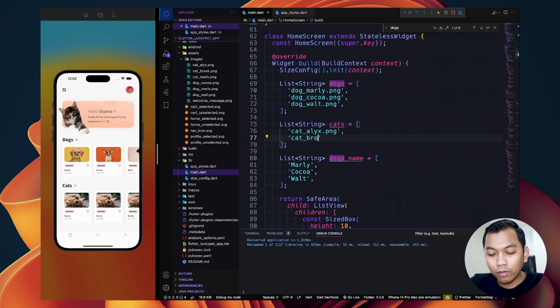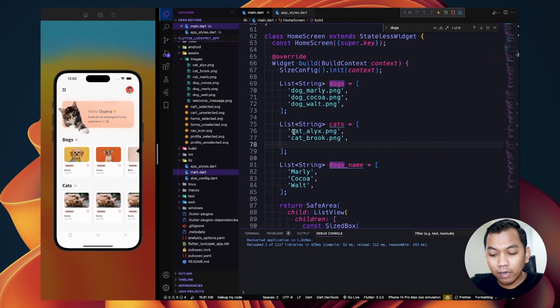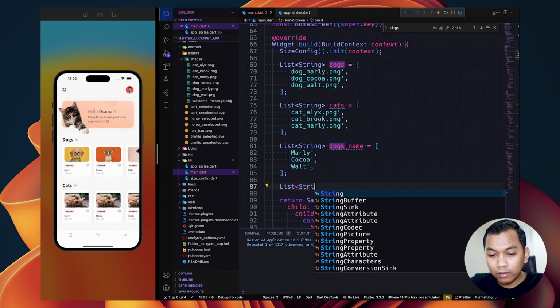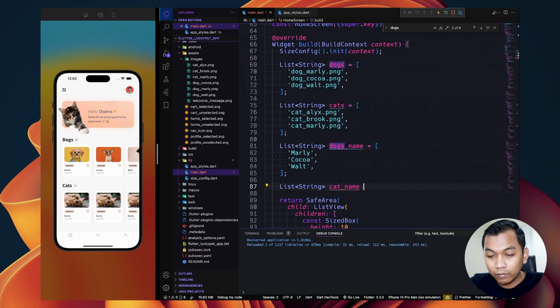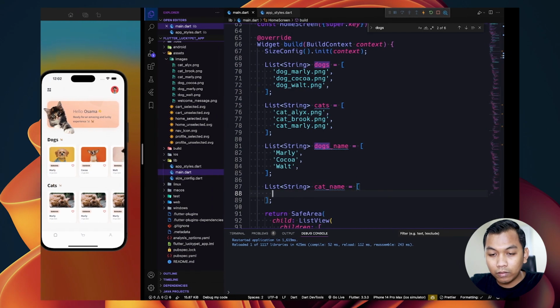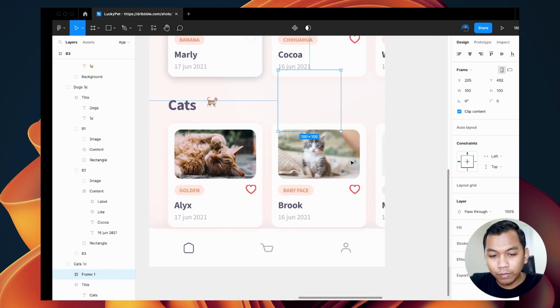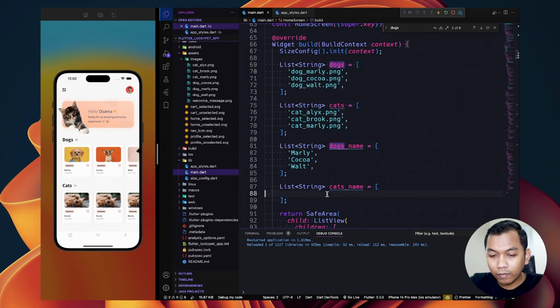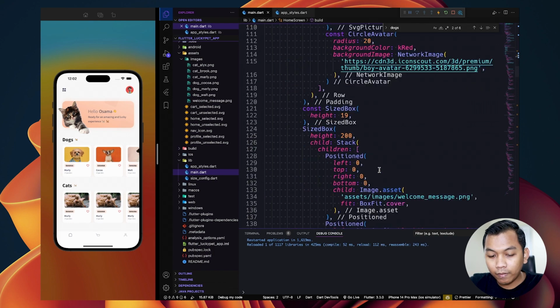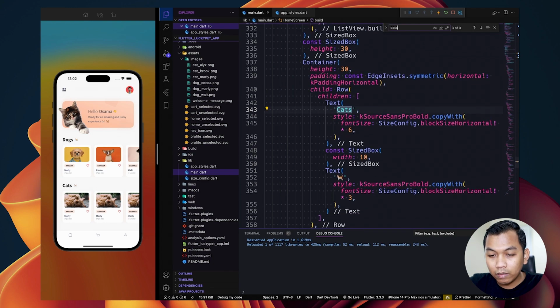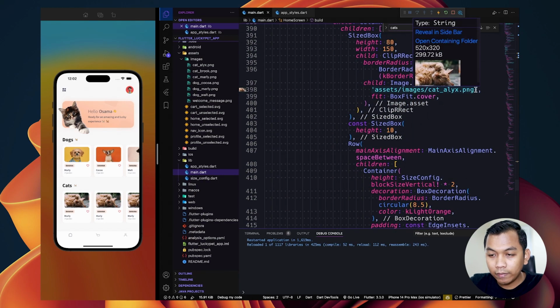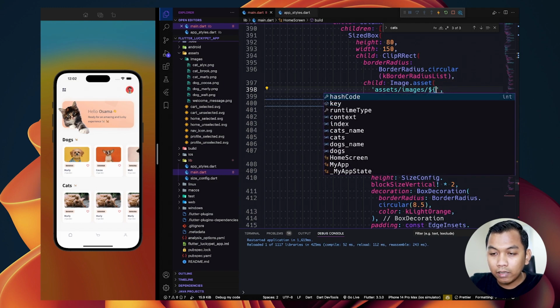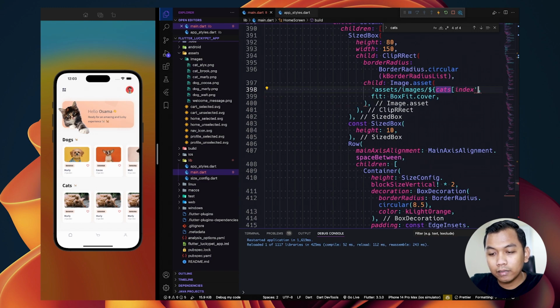and the next will be Brooke, and the next will be Marley, and for the cat names, here Alex, Brooke, and Marley, so we say Alex, Brooke, and Marley, and let's go to cats, and here we can say assets, image, and then $ sign cats, and then index here, and we will have